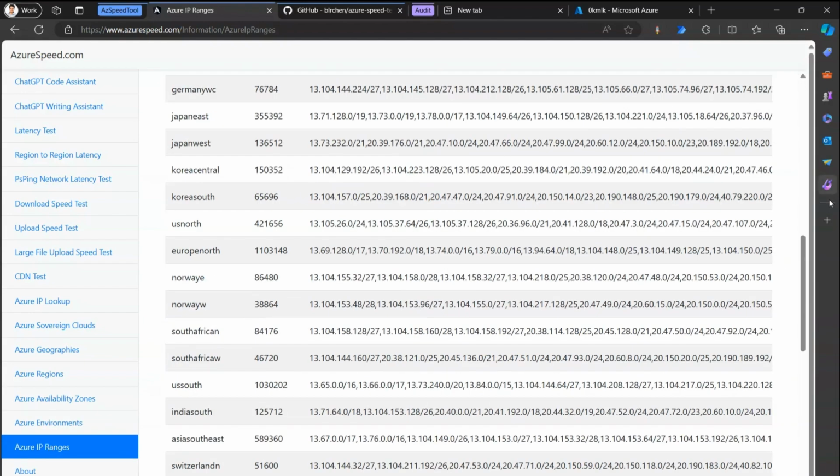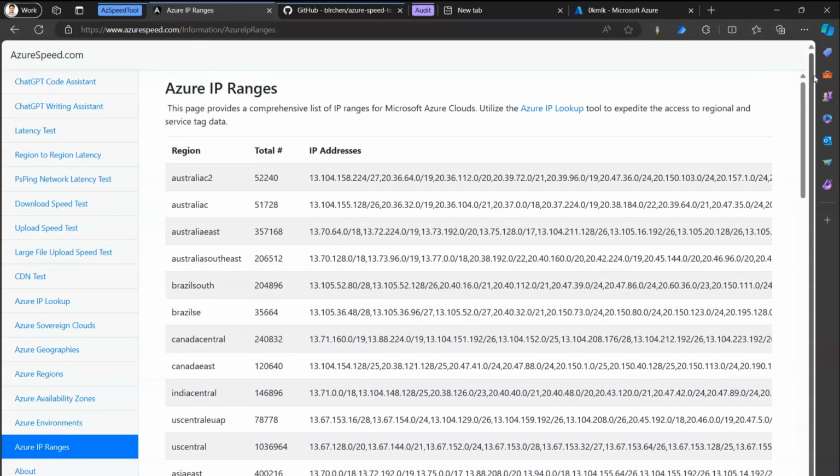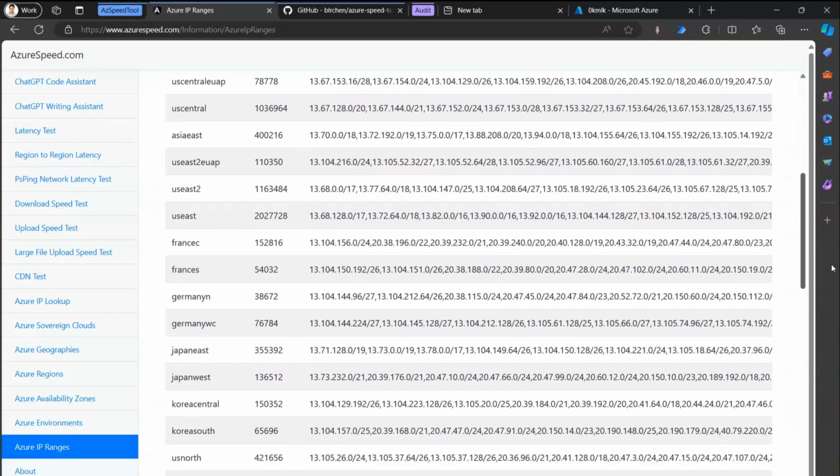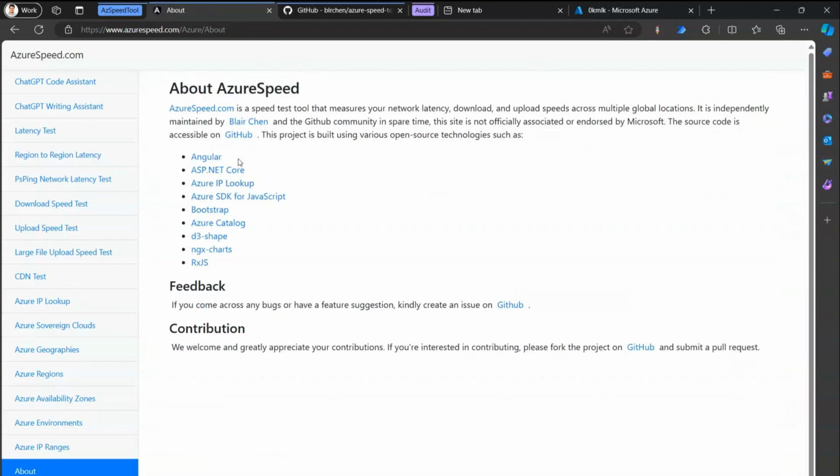Now here you can see the Azure IP ranges. Sometimes when you build a complex network, if you want to work around the subnet or networking components, it is pretty essential to understand the IP address ranges which are available within a specific region. Take for example Australia South, where the IP address range is 137.1.28.0/18. This is in CIDR notation, so you can get this information handy from this particular website. Again, thanks to Blashend for